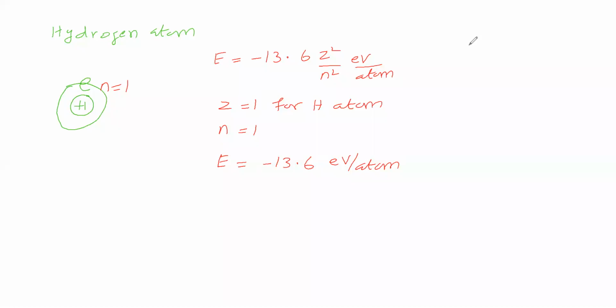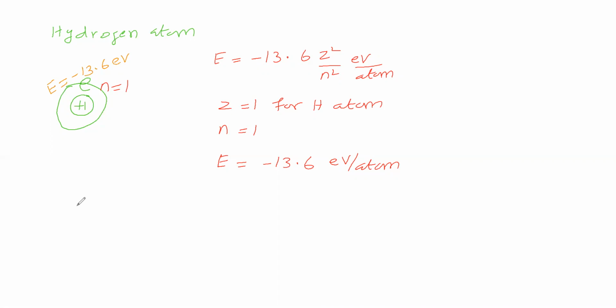Energy, in the sense, the energy of this electron. The energy of this electron is how much? Minus 13.6 electron volt. Okay, it is a hydrogen atom. For this hydrogen atom, the nucleus contains +1 charge. This hydrogen atom is having 1 electron, and that electron is revolving around the nucleus. For this electron, the energy is how much? Minus 13.6 electron volt.